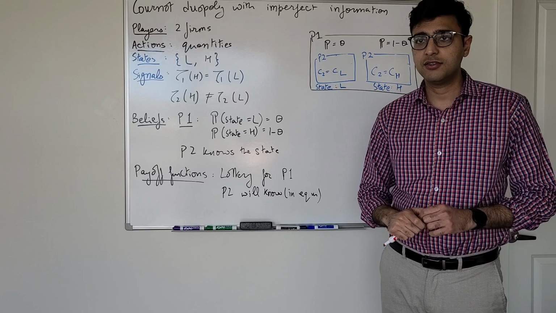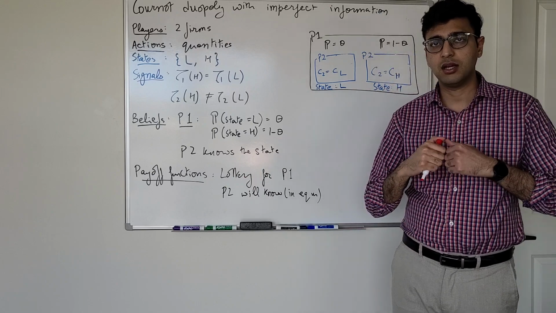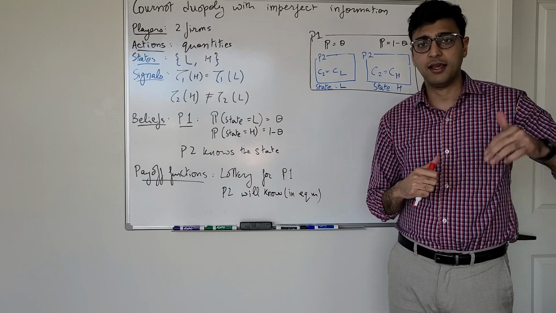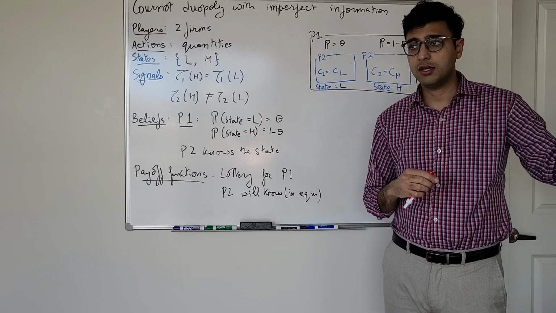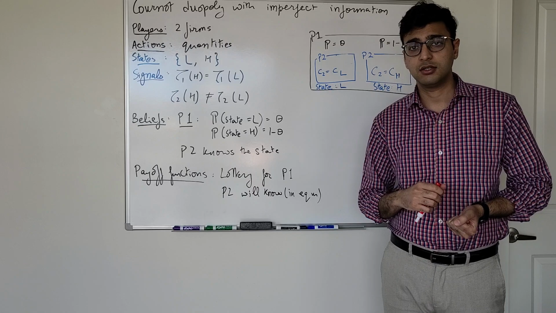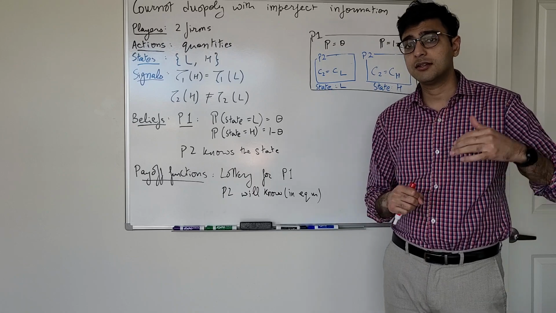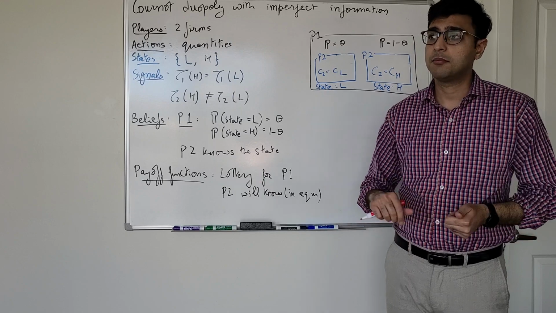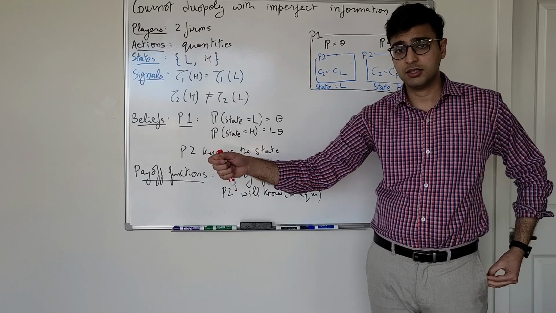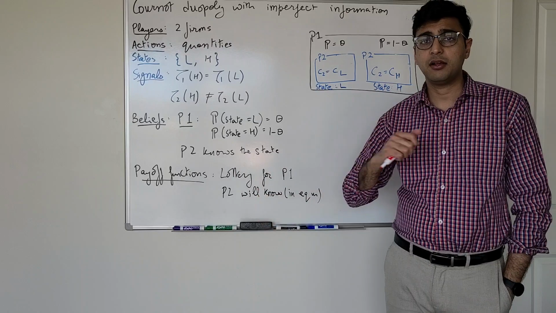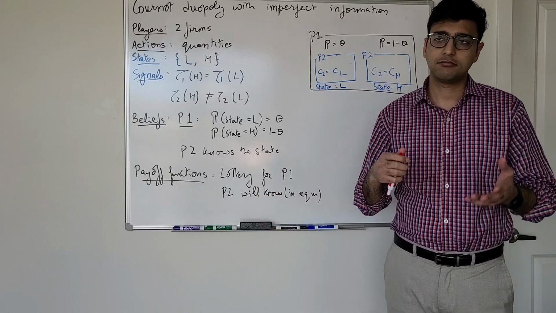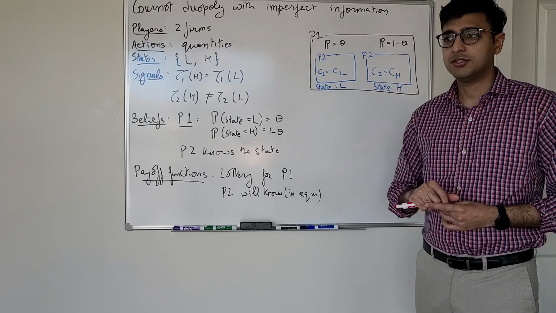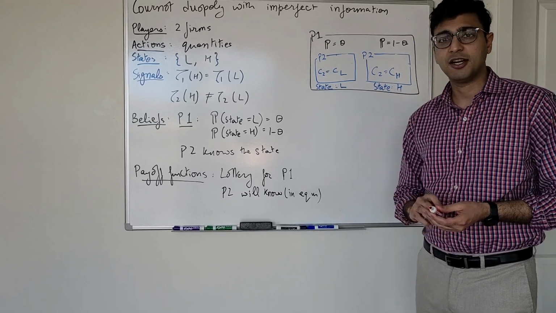The difference here is that as player 1, I don't know whether player 2 has a high cost of production or a low cost of production. What I know is the probability that the cost of production will be high versus low, but that's about it. I know that player 2 knows her own cost of production, and I know that player 2 knows my cost of production. For whatever reason. You could just assume that player 2 has better corporate spies than player 1.